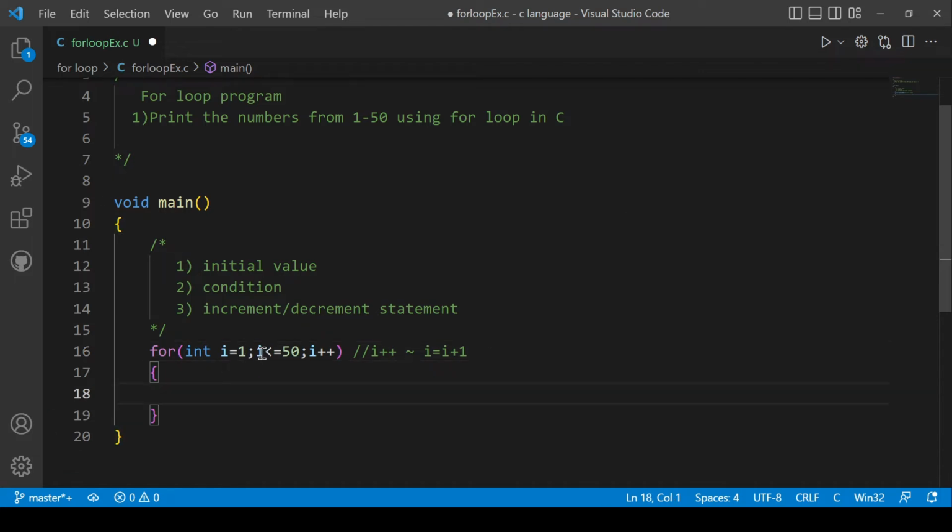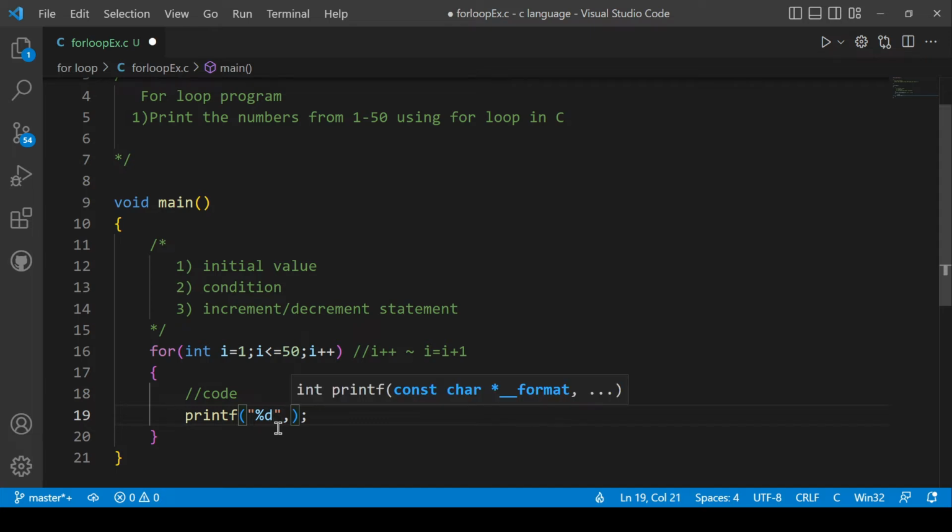So whenever the condition is true, this for loop will be executed, and the code inside the for loop will be executed. Now we just want to print the numbers, so we'll write the printf statement, and we want to print the numbers 1 to 50. So we want to print this I variable, and the I variable is an integer, so we need to write the format specifier %d, comma, we need to give the